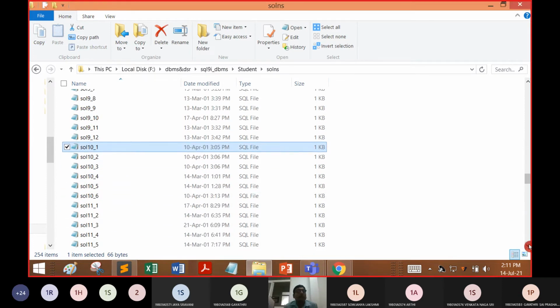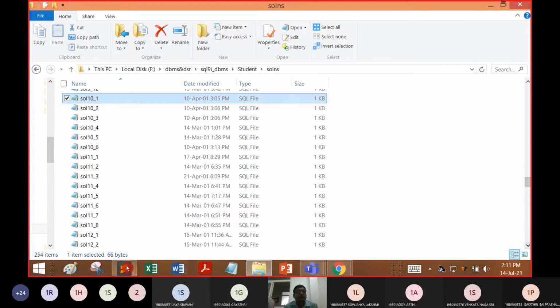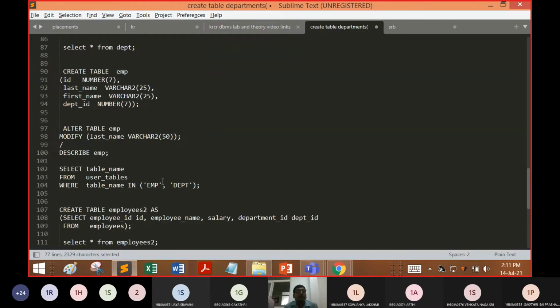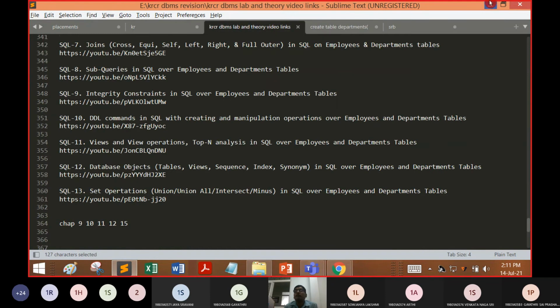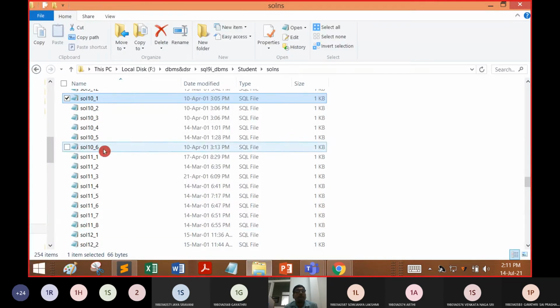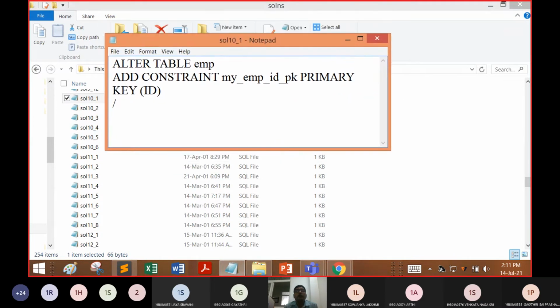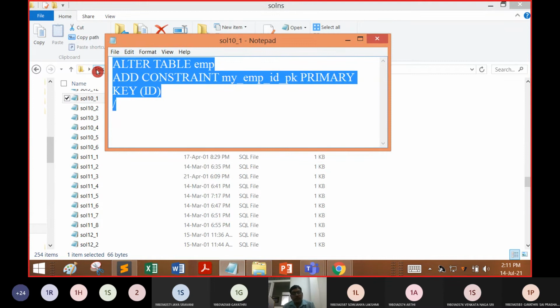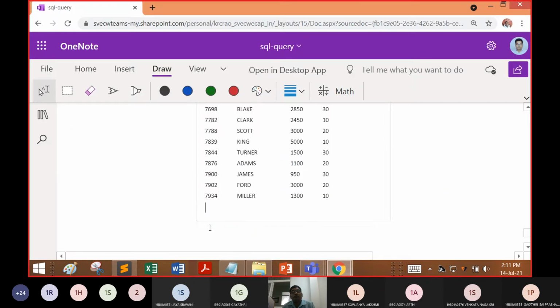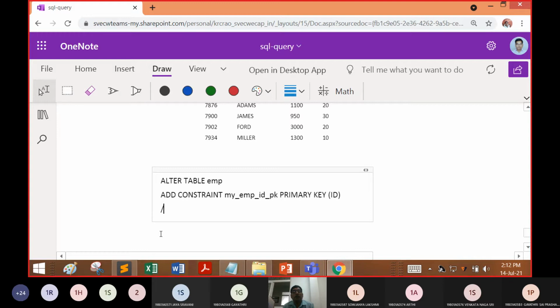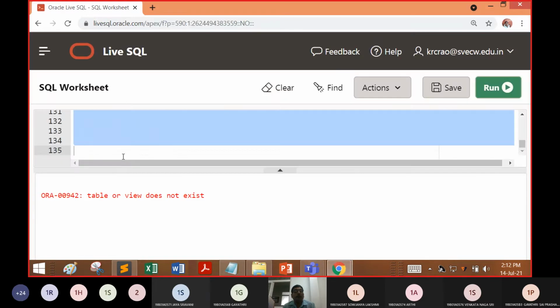Now let us work on another model of queries, that is the 10th, adding some constraints to the employee table. Just check whether the EMP table is available at this point or not.